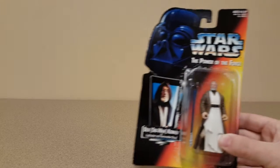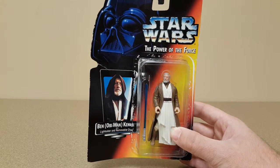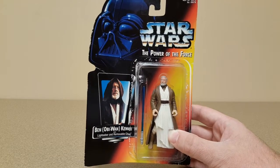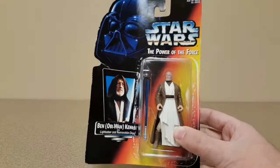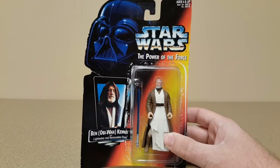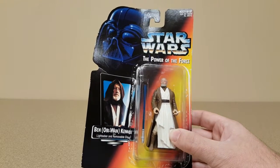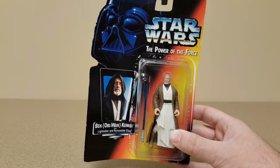So it's been nearly 20 years since Hasbro, Kenner, Tonka really rode that first wave of a resurgence in Star Wars toys popularity in 1995 when they released the Power of the Force 2 figures that really kind of flooded the market and continue to flood the market today. On eBay, anywhere you look and find secondhand toys, you'll see these things in a bargain bin for $2 or $3 a pop. But when they came out 20 years ago in 95, well, it's 2016 now, so 20 years